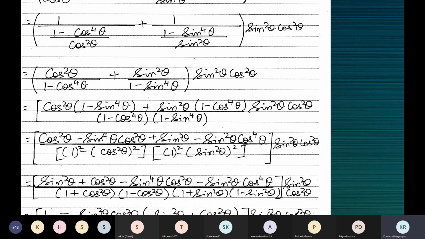So what you see on the screen is I have rearranged first. In the numerator, I've not done any changes. I've just rearranged sine square theta, cos square theta, so that in the next step we can write it as 1. And then I've put these two together. So now next step, we are going to take out the common factor, the GCD. Denominator a square minus b square, so a plus b, a minus b. This one x square minus y square, so x plus y, x minus y. And the sine square theta cos square theta silently outside as it is.